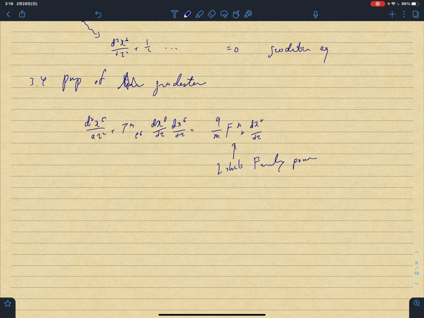And there's nothing to stop you from using any other parameter, but then it will not be the same. More generally, you will satisfy